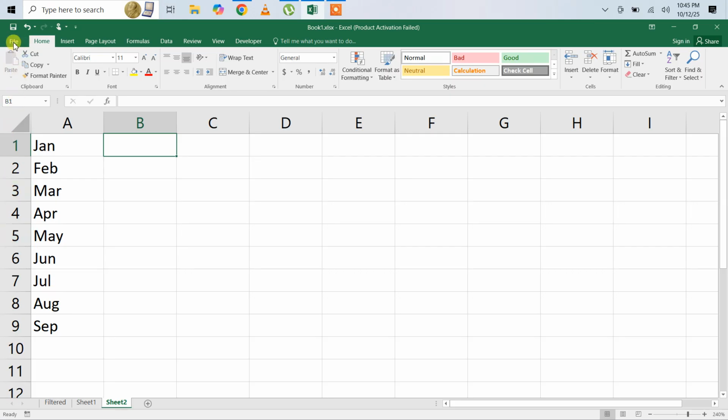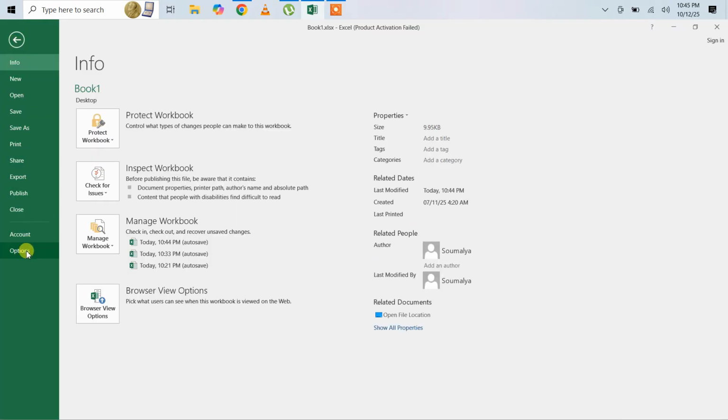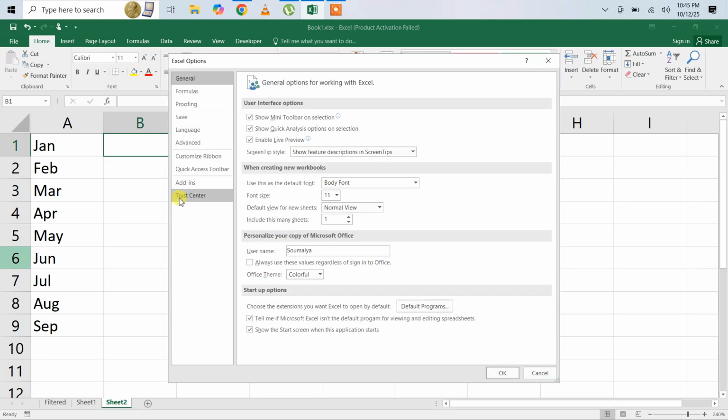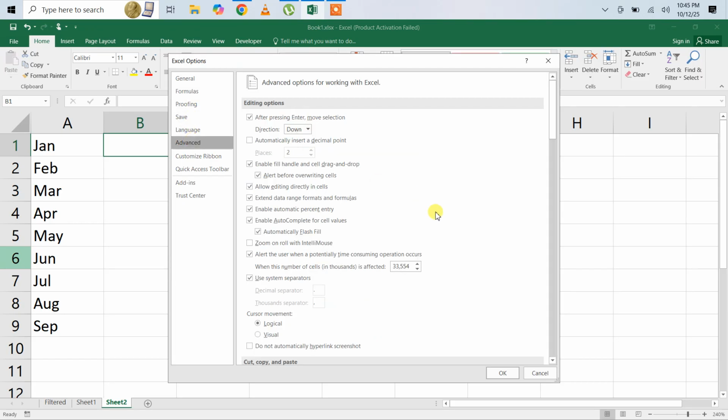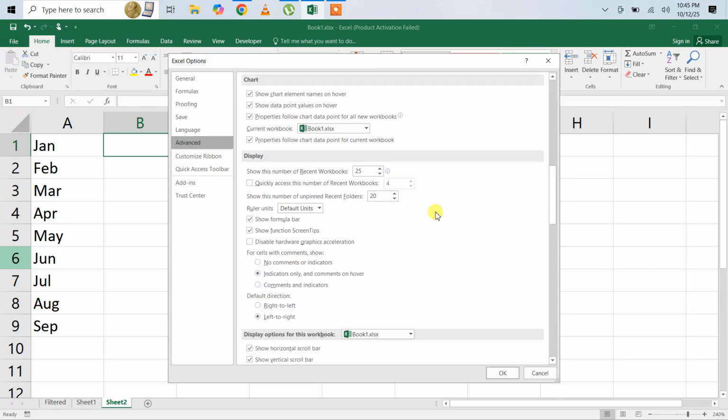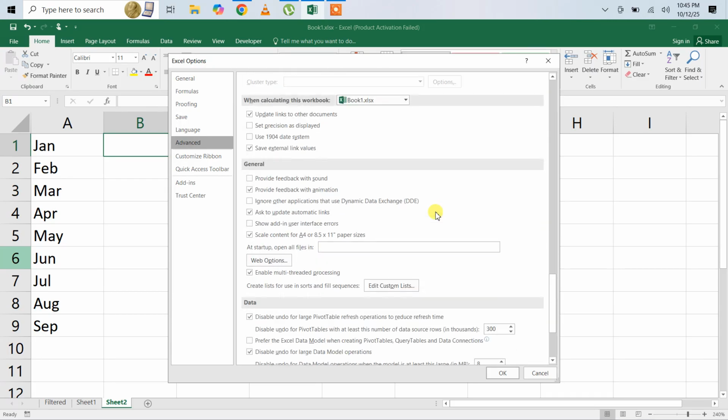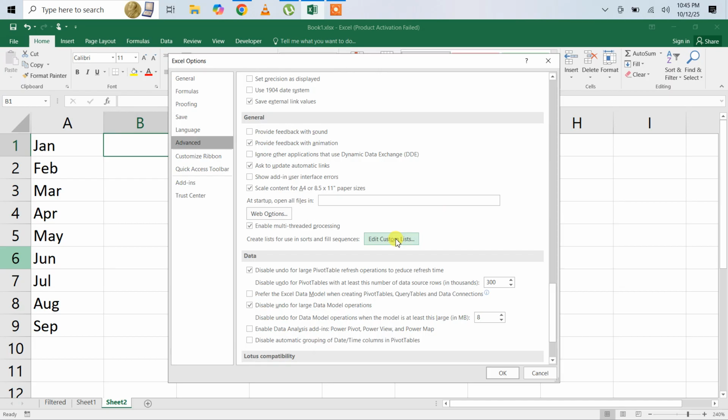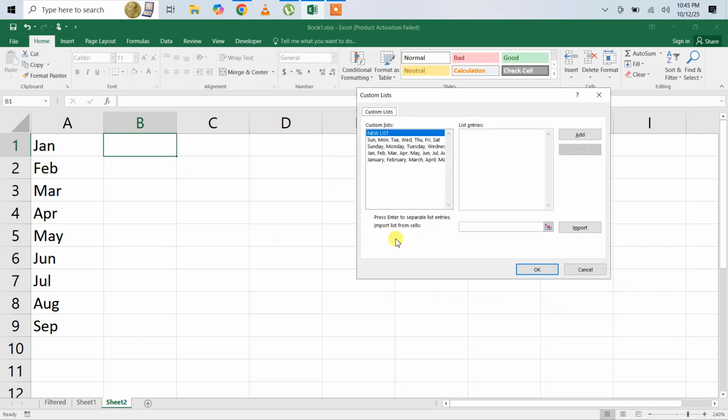So we need to click on File, and from there we need to click on Options, and from there we need to click on Advanced, and then scroll all the way down. There is an option for Edit Custom List. From there click on Add, and then